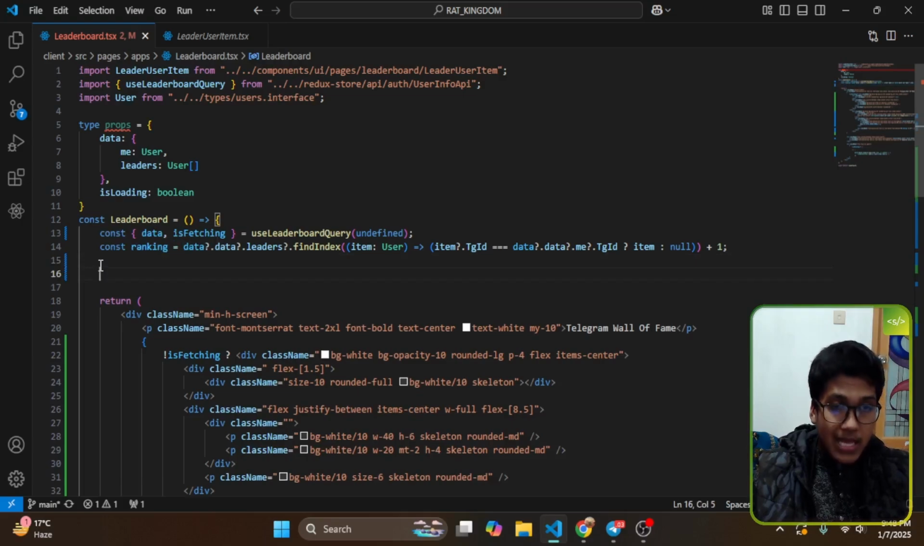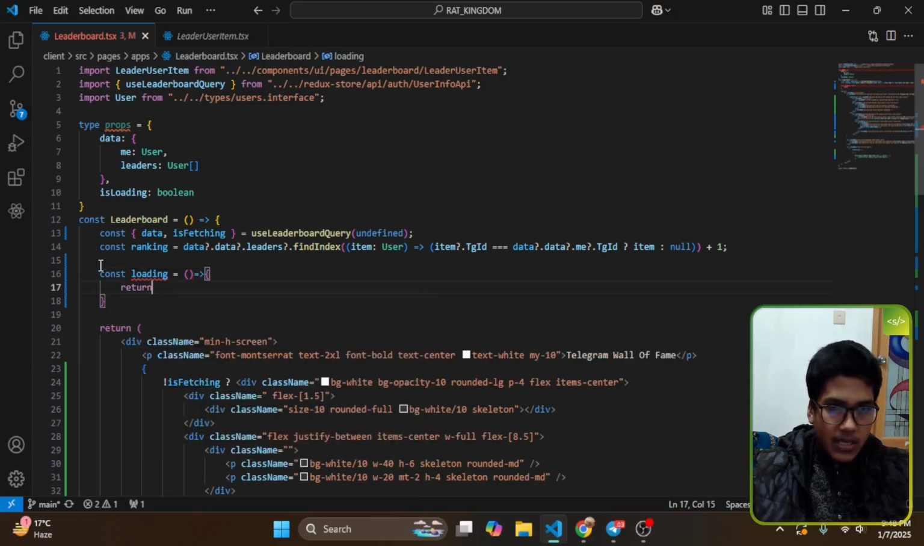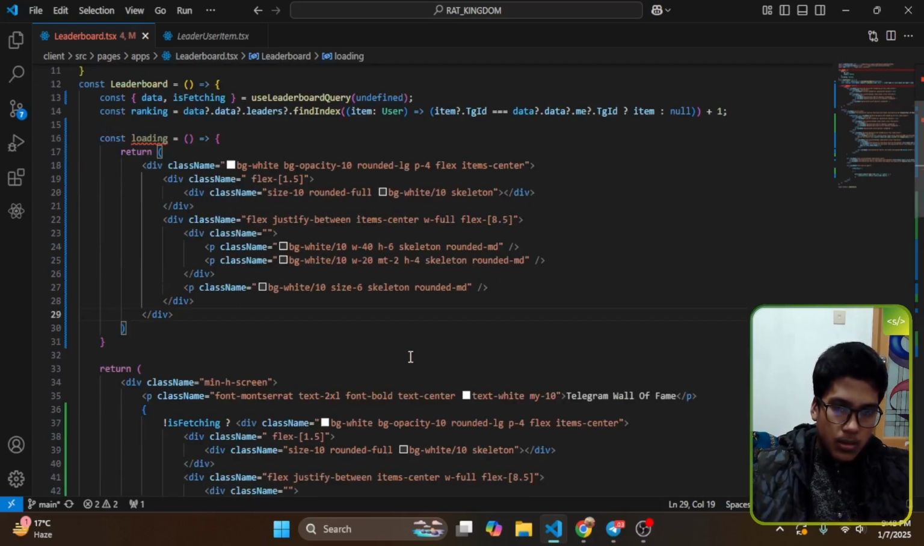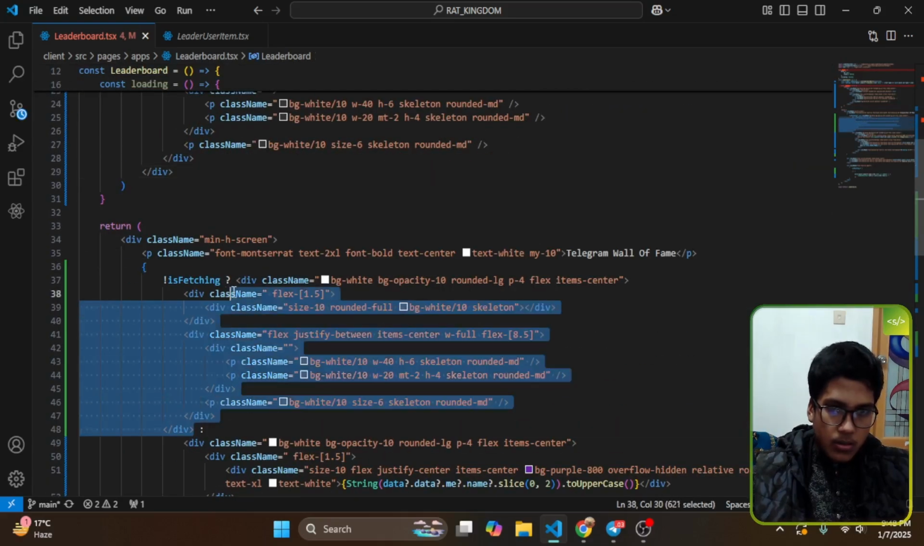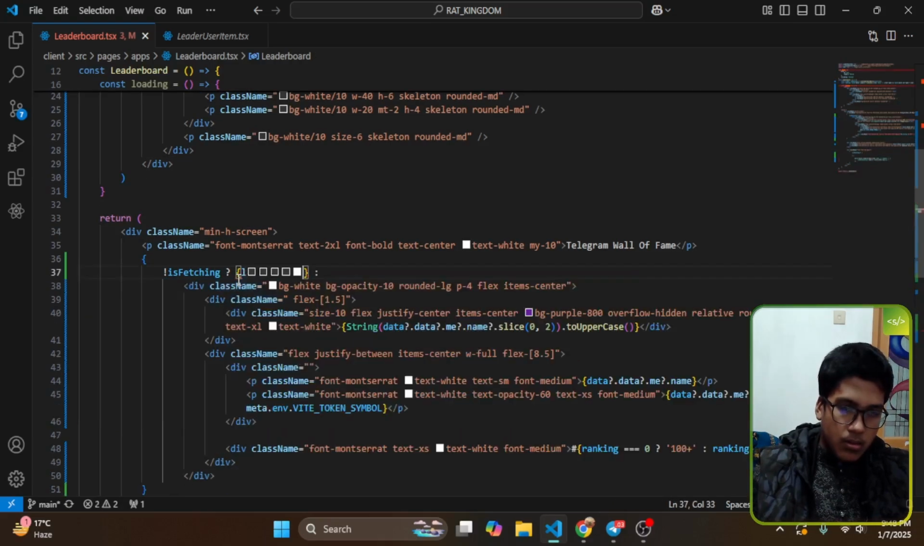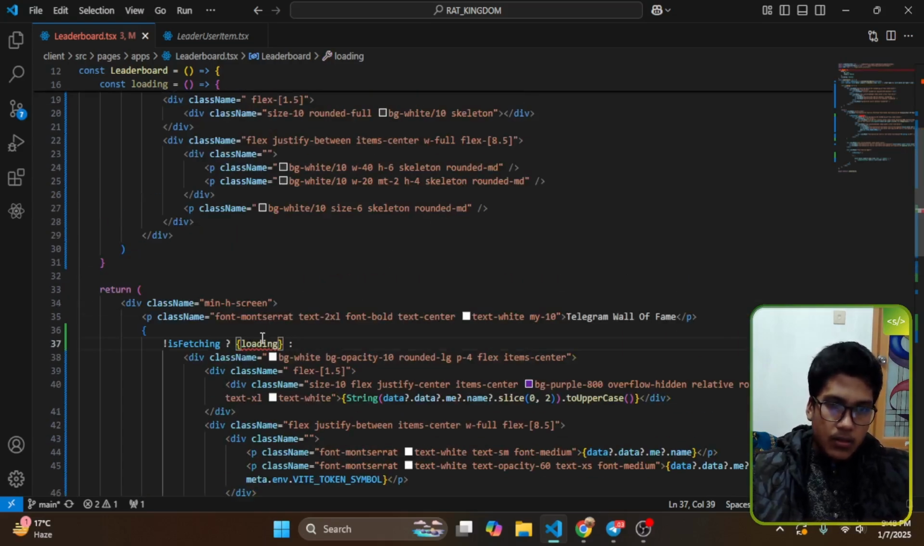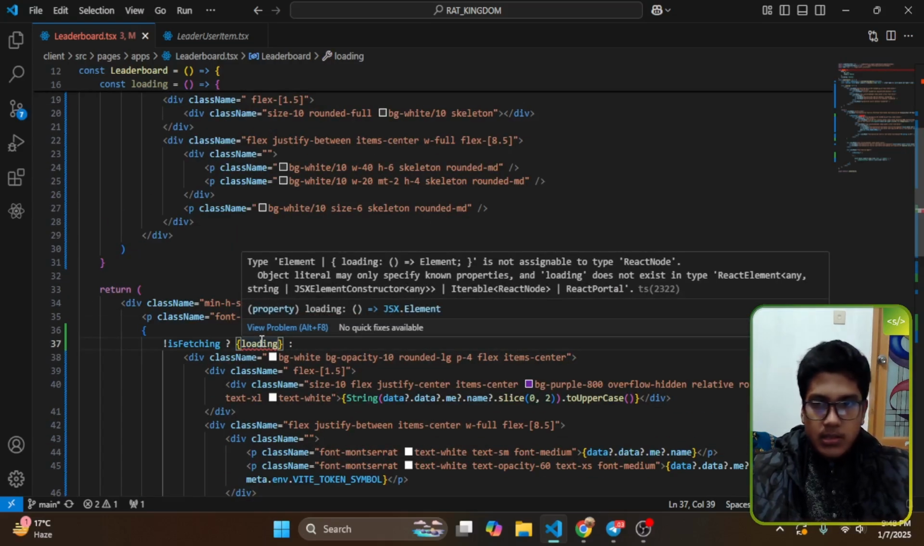Because I need to use that multiple times. So I don't like that method, like don't repeat yourself. So I can add here a variable that is loading, and I can add a return. Well, you can see here I need to add this loading,